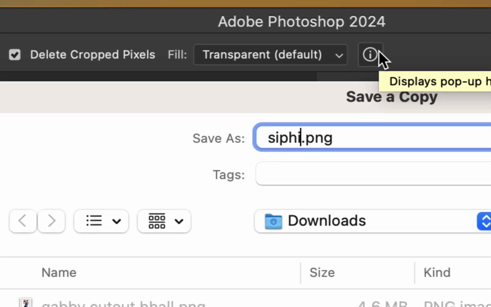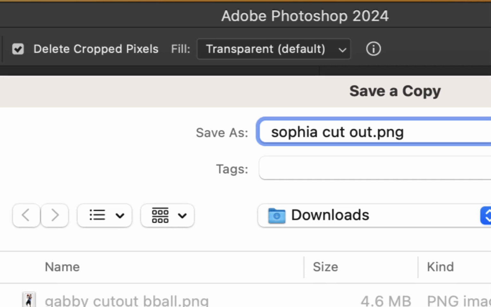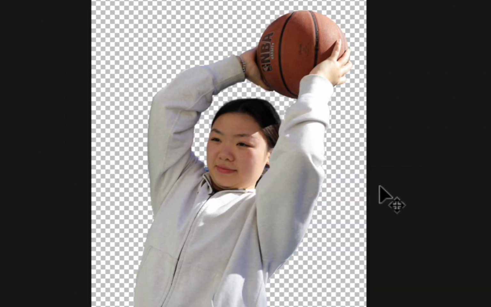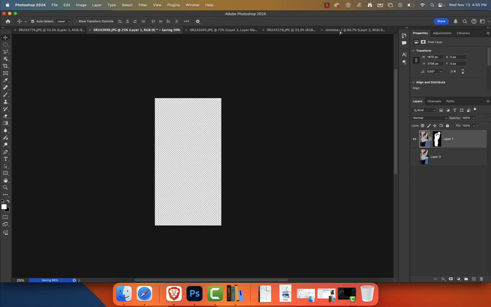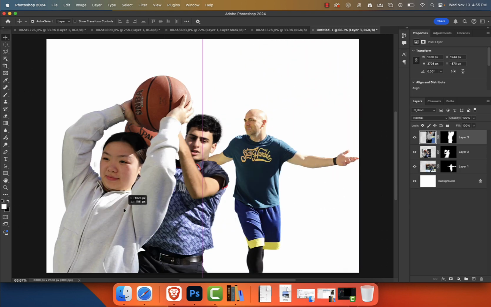Sophia, so happy you're in this class. You've been a subject of so many Photoshop projects in the past. We're gonna save this as a PNG, and now we're gonna use the Move tool, and I'm gonna click and drag onto that blank. Amazing. Whoa. This